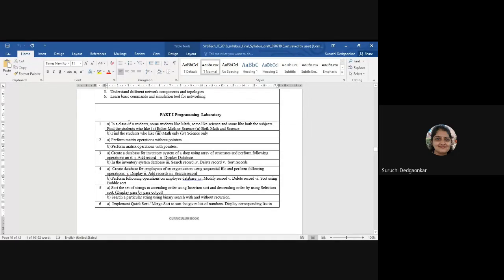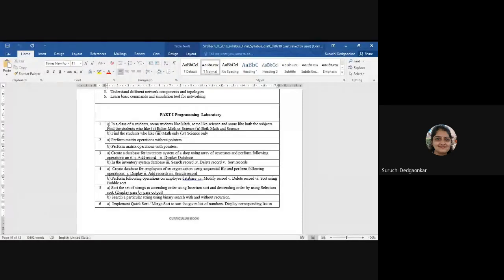Now, to solve any problem, the first thing we think about is what is the input for our problem. In this case the input is two arrays, maths and science.